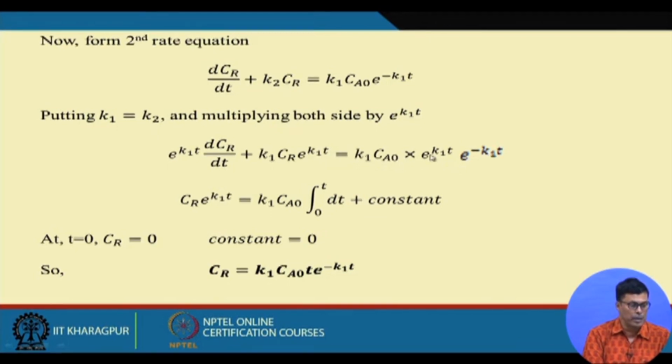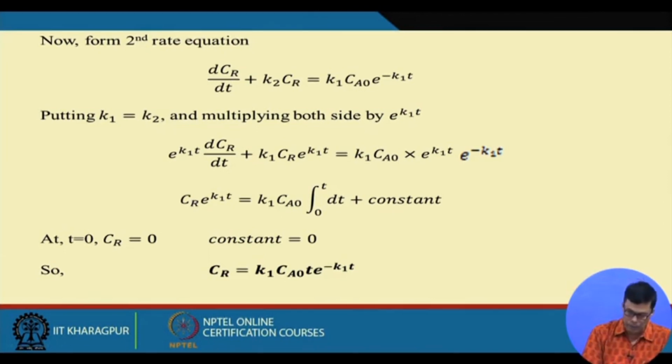Now here e to the power K1t into e to the power minus K1t, they cancel each other and this will be 1. Am I right? So this will be nothing but